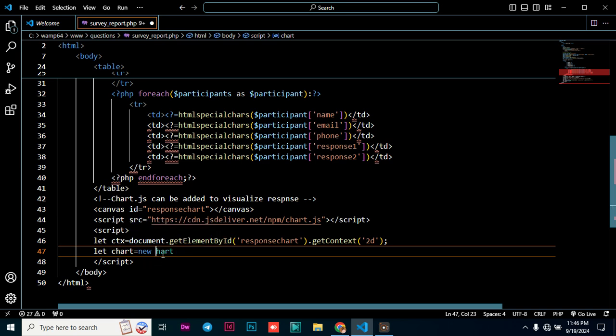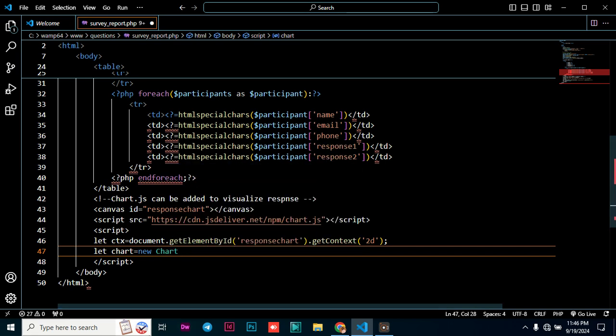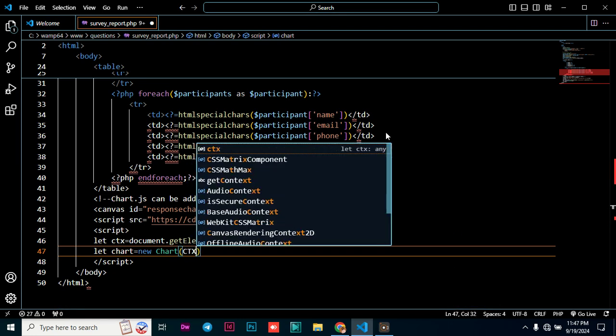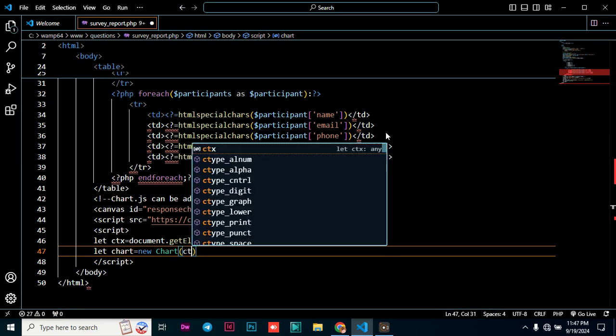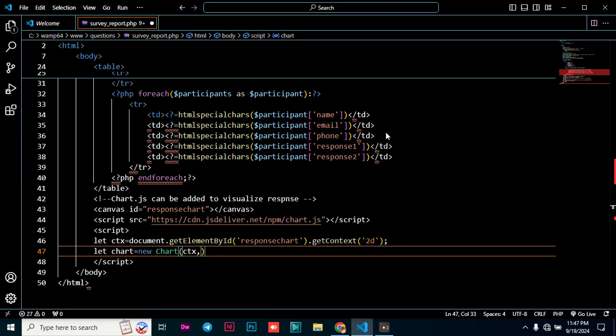So Chart, the way we use Chart here is the one that you're going to use the same here. So we have let chart is equal to new Chart. It's supposed to be a keyword, capital, and then we just say ctx, that is our variable that we created, ctx, comma, and then you just open the curly bracket and you press